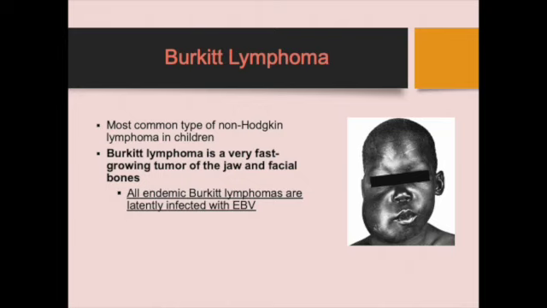The endemic Burkitt's lymphoma, we often see this in Africa and it's linked to the Epstein-Barr virus. The sporadic Burkitt's lymphoma can occur worldwide, and the immunodeficiency related Burkitt's lymphoma is most commonly seen in